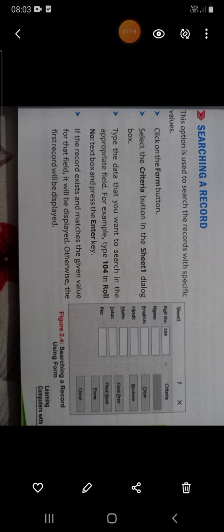Basically, in Excel 2016, the form is not seen on the toolbar. We will have to bring it, and I will explain it during the lab period. Deleting a record: we can delete a record using a form. We will do this during the lab.